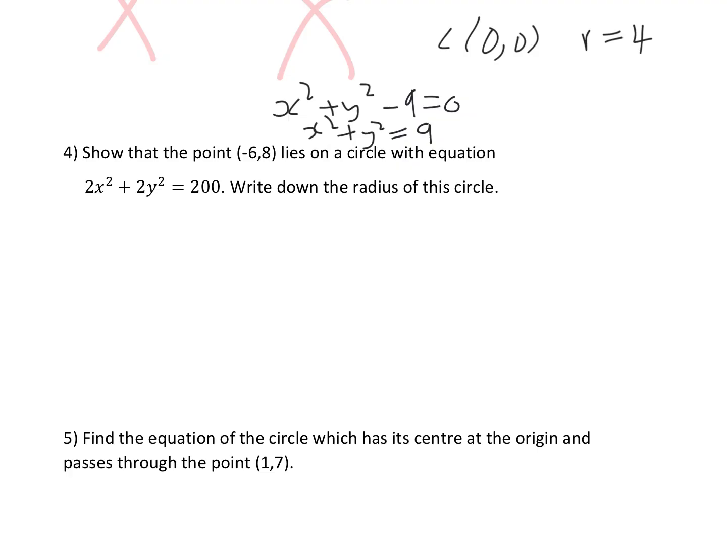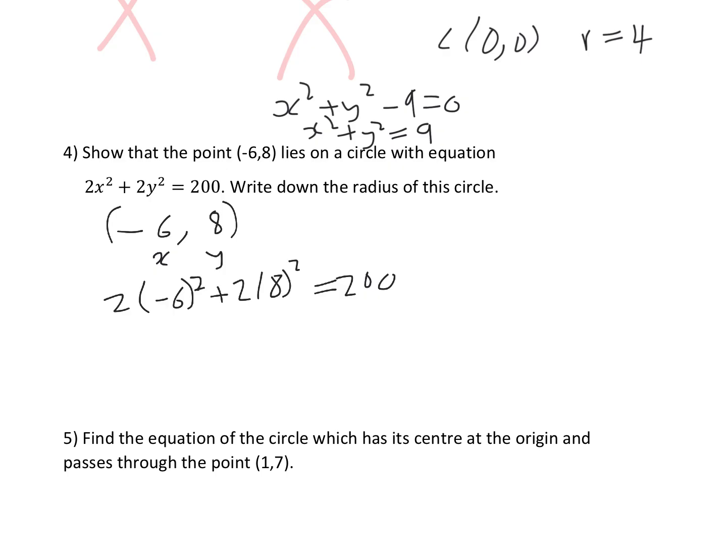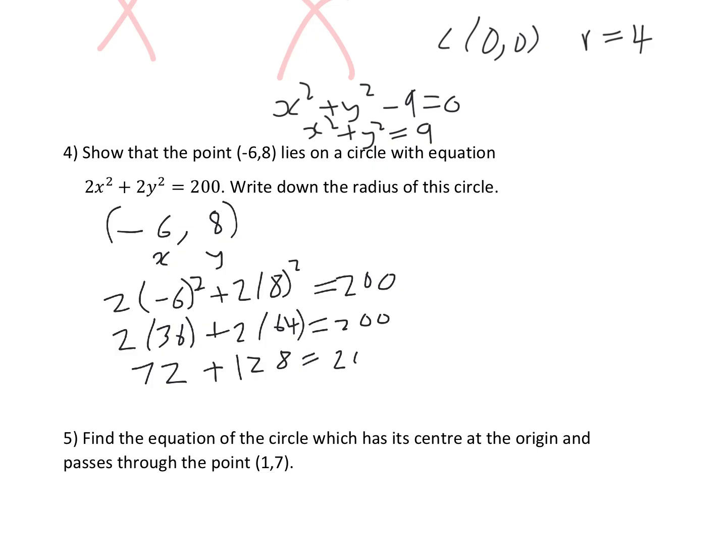Question 4. We have to show that the point minus 6, 8 lies on a circle with that equation, and we have to write down the radius of that circle. To show that a point lies on a circle, we just need to substitute in these values. The minus 6, that's your x value, and 8 is your y value. So we'd have 2x squared, so 2 times minus 6 squared, plus 2y squared, so 2 times 8 squared. And if this lies on the circle, it should equal 200. So that is 2 times 36 plus 2 times 64. And does that equal 200? Well, 2 times 36 is 72. And 2 times 64 is 128. And that does equal 200. Therefore, you can say it lies on